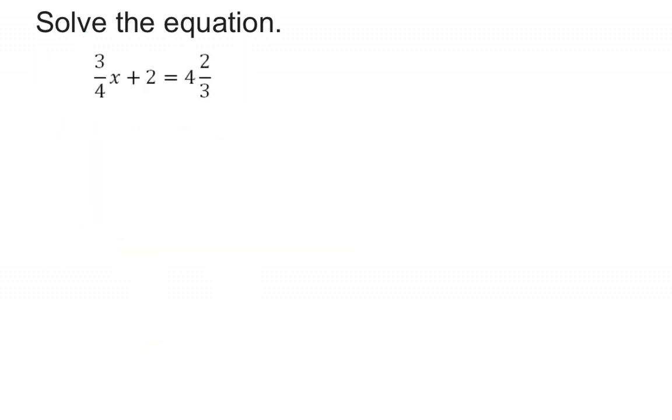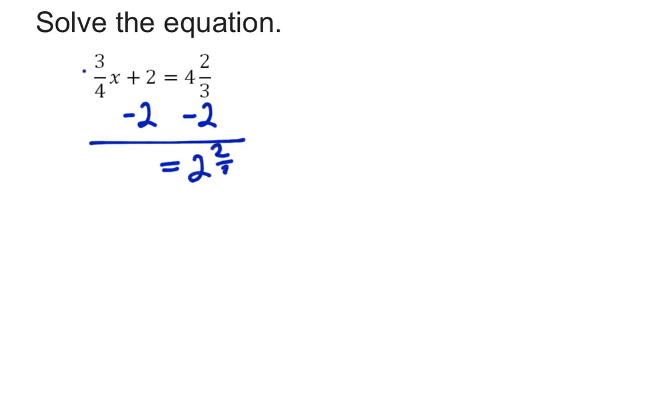In this problem, notice that the coefficient of the variable term is a fraction, and instead of dividing by a fraction, I'm going to multiply by a reciprocal. A common mistake here would be to only multiply that term by the reciprocal, but I need to multiply every term by 4/3. This problem would have actually been easier, and let me back up and do that, because I'm supposed to undo the addition first. So let's subtract 2 from both sides,